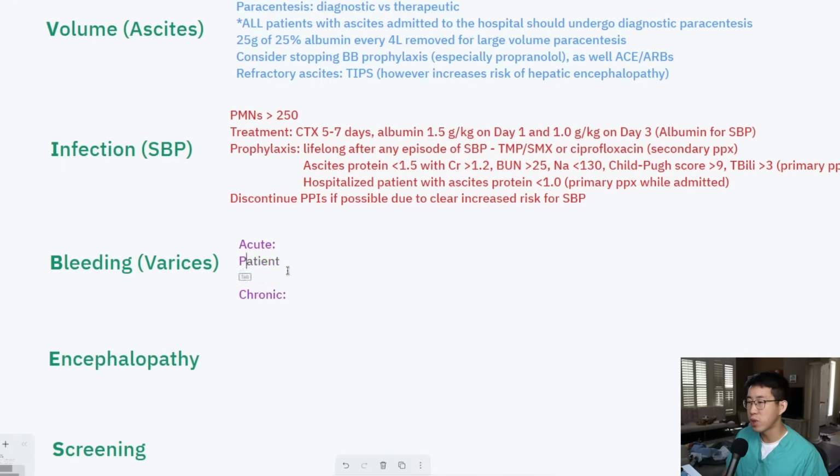So in this case, what we do is we do a PPI. Typically, we give them a loading dose and then we do IV BID. There's been no benefit seen with a PPI drip, although you will see some people using this, thinking that a PPI drip may be more efficacious up front. Then we also give ceftriaxone, which is for SBP prophylaxis. And we also give octreotide, which is a splanchnic vasoconstrictor, basically trying to reduce the portal pressures that's leading to